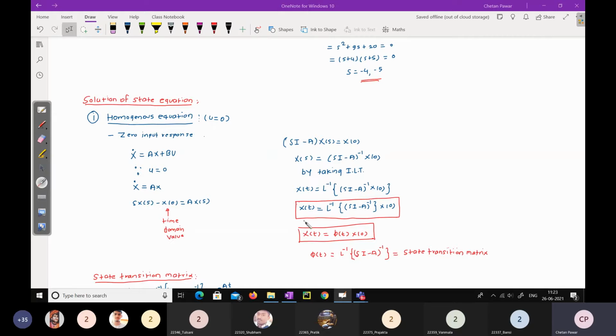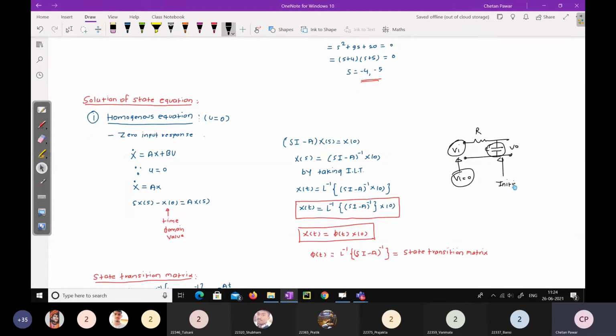So if you see a simple RC filter, with Vi and V naught, now I am not applying any input. This is a homogeneous equation, I am not applying any input. Vi is 0 here. And what I am considering is that this particular capacitor is storing some initial charge, so there will be some initial voltage across it. Because of that initial voltage, I am getting some output for some time.